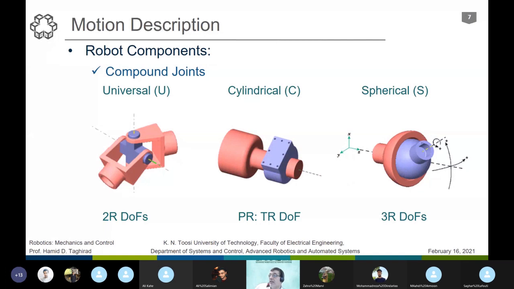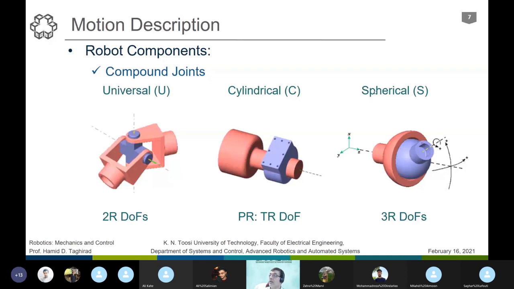And finally, we have the spherical joint, or ball and socket joint. It is very interesting. You have a semisphere and a socket that it is compounded with. With this joint, we have 3 degrees of freedom. We can have rotation along all different axes of rotation. But as you see, the spherical joint is very commonly used in many mechanical structures. Also, the universal joint is used in automobiles quite